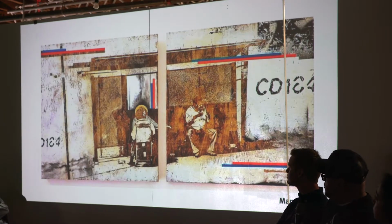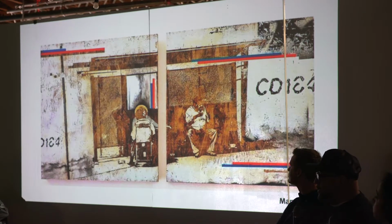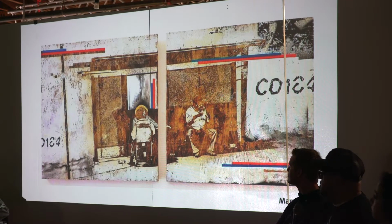This is another LA artist who goes by I1. I don't know if you've seen I1's work. He does a lot of the Zapatista character all over Silver Lake, but the other side of his creative outlet is photography, and he converts photography into bitmap images. This is a series of these 2 panels. I think each one is 20 by 20, and his material of preference is particle board, like from Home Depot. And he also pre-paints panels,